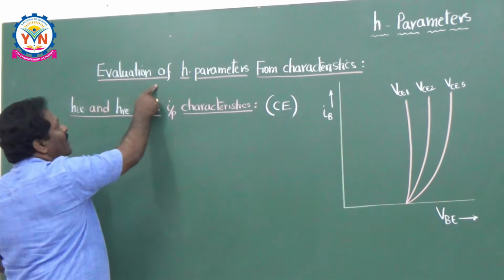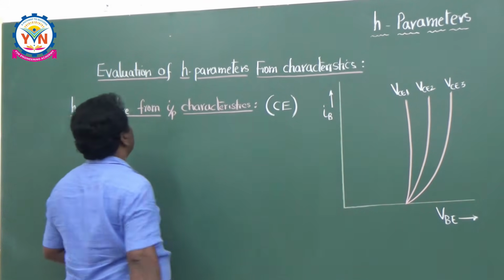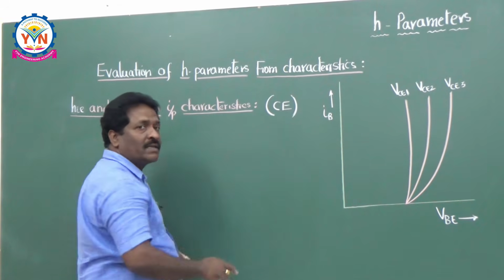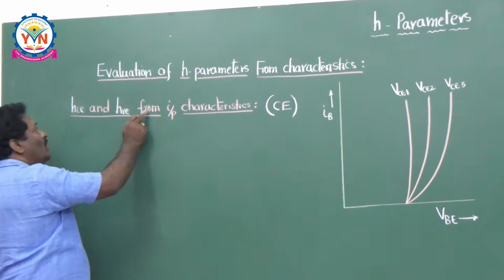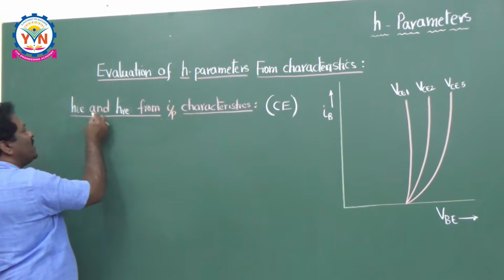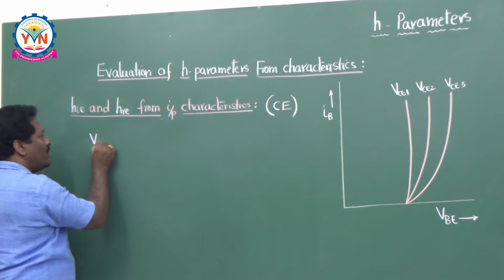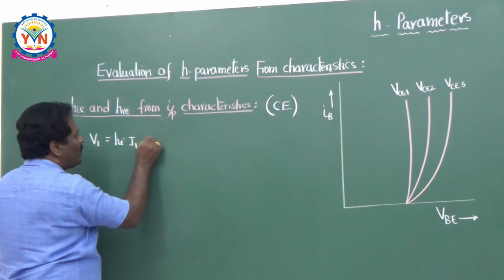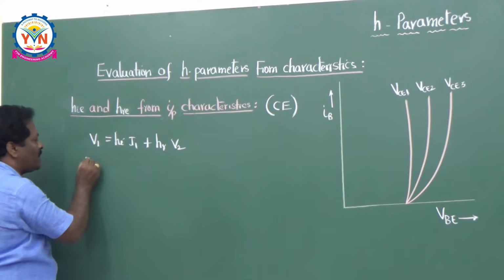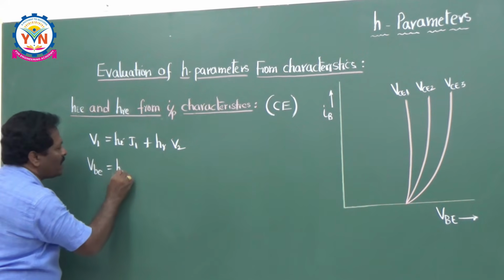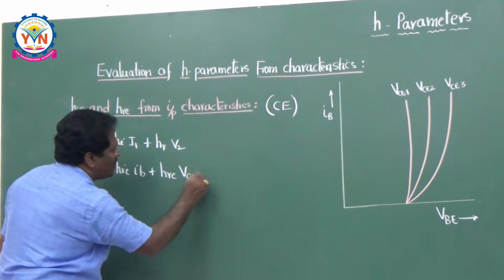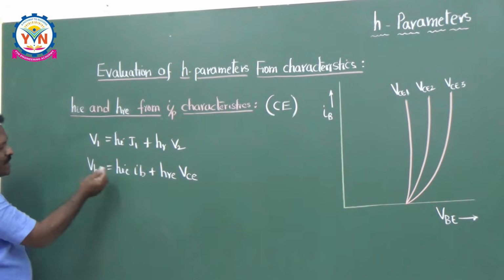Now we are going to see the evaluation of H parameters from characteristics. Already we have drawn the input characteristics as well as output characteristics for the common emitter configuration in our laboratory. So I would like to evaluate the values of HIE and HRE from the input characteristics. What is the relation related to this? The general equation is V1 is equal to HI times I1 plus HR times V2, the output voltage. So for the common emitter configuration, what is the input voltage? VBE is equal to HIE into IB plus HRE times the output voltage VCE. So how to get this HIE value? HIE is equal to